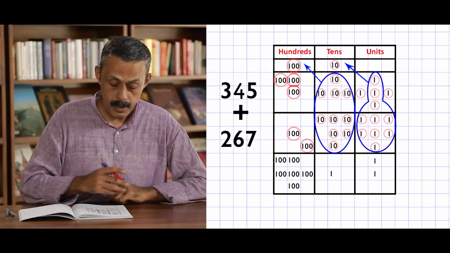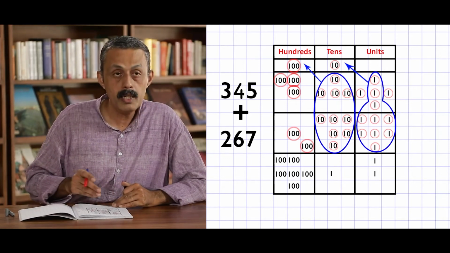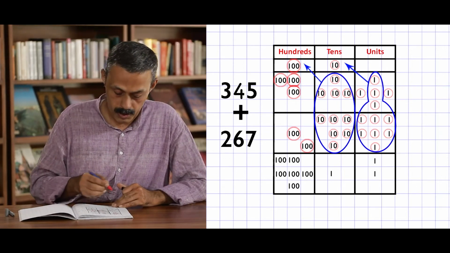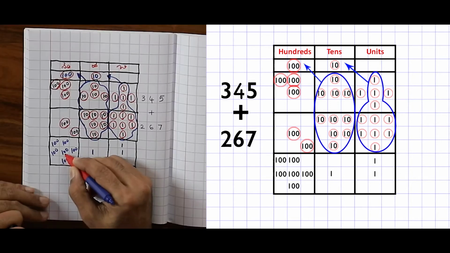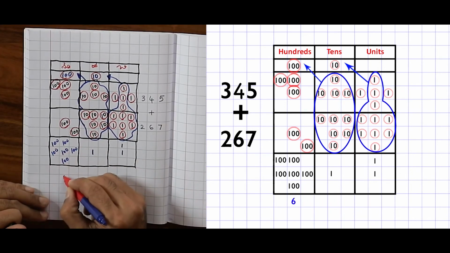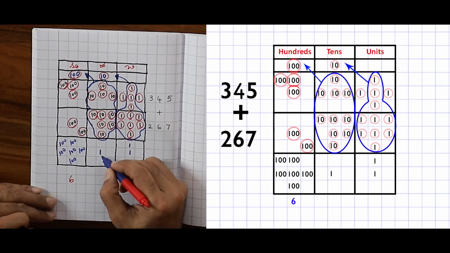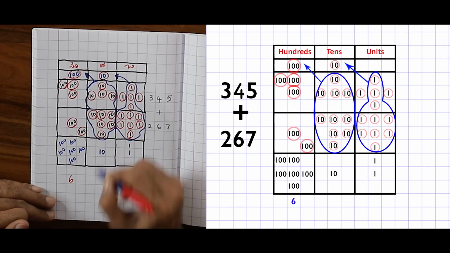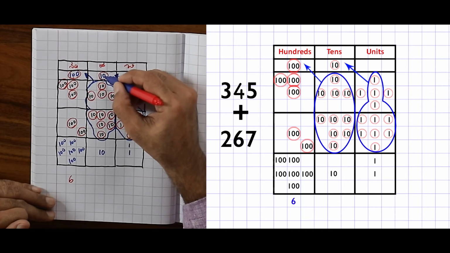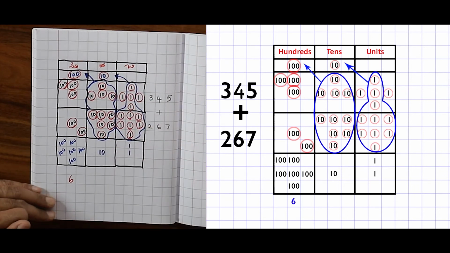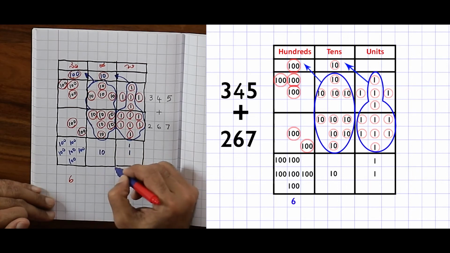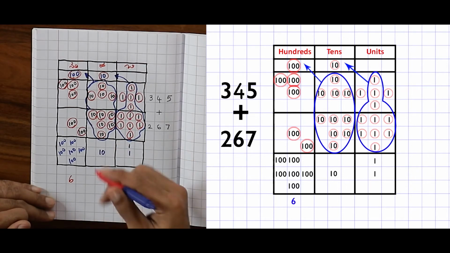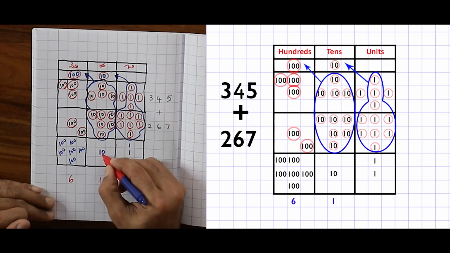Now let us see how many hundreds, tens and how many units are there. This has 1, 2, 3, 4, 5, 6. 6 hundreds. How many tens are here? Look at this one. There is some mistake here. What is the mistake? There is 1 in the tens house where there had to be 10, right? What was remaining here? 10 was remaining. Therefore, how many rooms are filled with the house of 10? 1 room in tens place is filled.